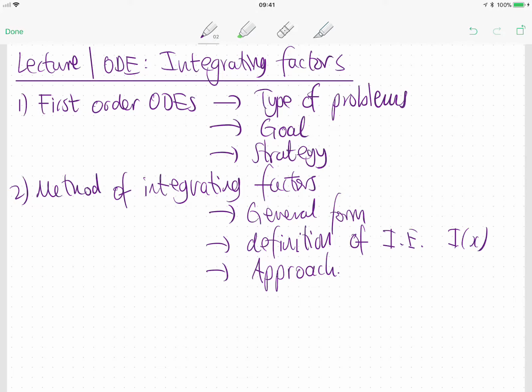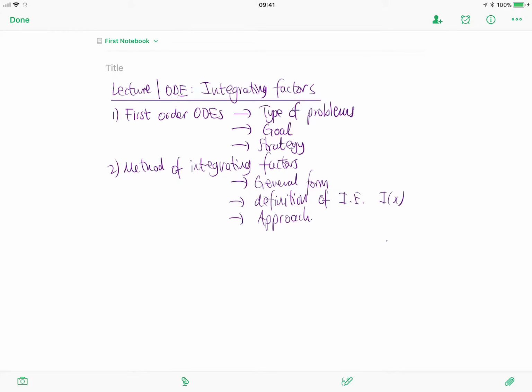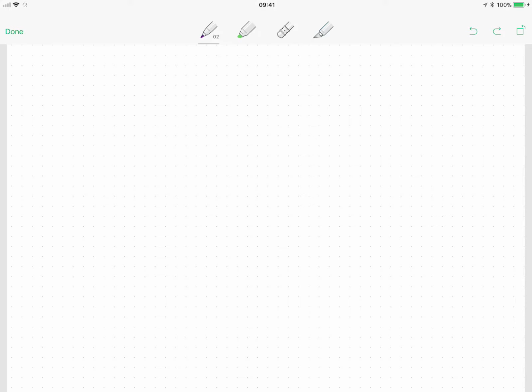All the examples are going to be in separate videos. So this is all about the theoretical side and just introducing the problem. Okay, so let's start a clean page. Okay, so part 1. Part 1. So we're going to work with x, which is an independent variable,